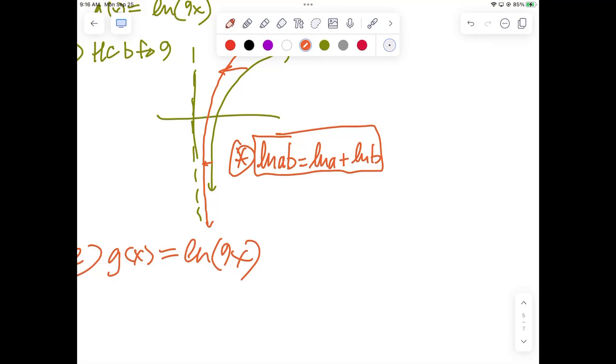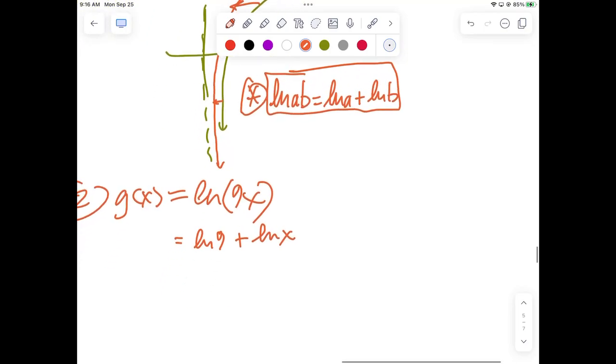That's a beautiful property of logs. The log of a product is the sum of the logs. Logs make molehills out of mountains. They tear things down. So they change the operation from multiplication to addition. That works great, okay? So if we know that property now, we can expand this and we can say this is the natural log of 9 plus the natural log of x. And if I flip that around, I get the natural log of x plus the natural log of 9. And now